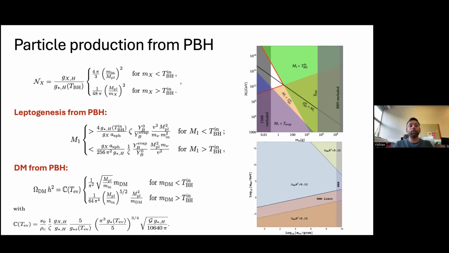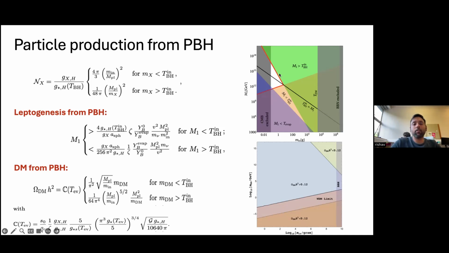Now we can use this information to study leptogenesis, or to produce a particle which is unstable and is responsible for leptogenesis, for example, the right-handed neutrino, as I was saying. And the plot on the top right shows the allowed parameter space where one can do a successful leptogenesis. So this white region is the only allowed region where one can have correct leptogenesis, or where we can explain the baryon asymmetry of the universe. And one notices that the mass range of PBH is very much constrained. So the PBH is quite light.